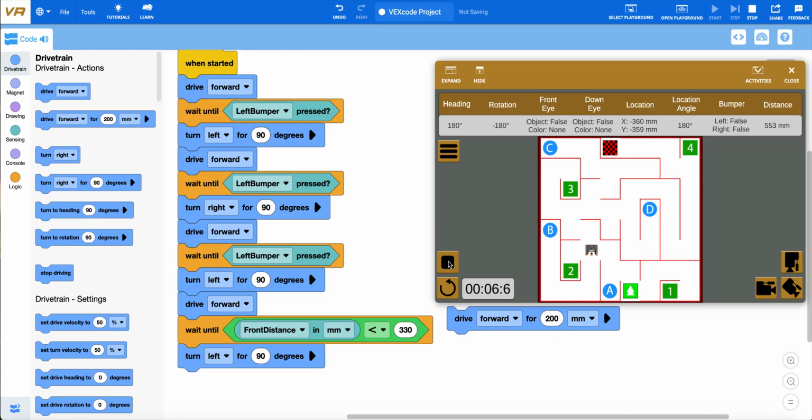This looks a little bit better, right? Although I might be closer than I want to be on this side, but I think I would be okay. Maybe I'll make the value slightly smaller. So you're going to want to play with these values on your own. You could try to stop in the right place and look at the distance value in the dashboard. But in any case, try to get your robot to make the turn in the right place,